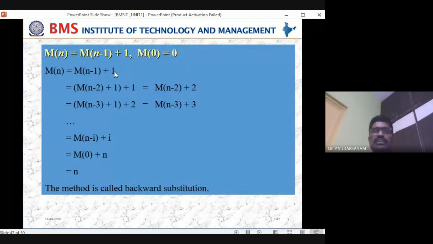Otherwise, now this plus 1 is there. Listen, then we can copy the second statement. Plus 1 is there, plus 1 write it. Instead of n minus 1, you substitute it in this equation. What will you get? M of n minus 1. So that is n minus 2 plus 1. So that equation and the previous one's constant is this one. So that is equal to m of n minus 2 plus 1, it will become 2. That is the second equation.